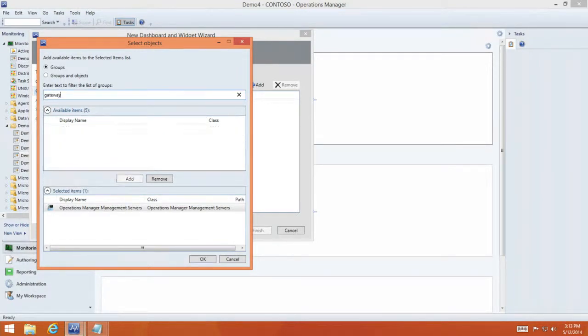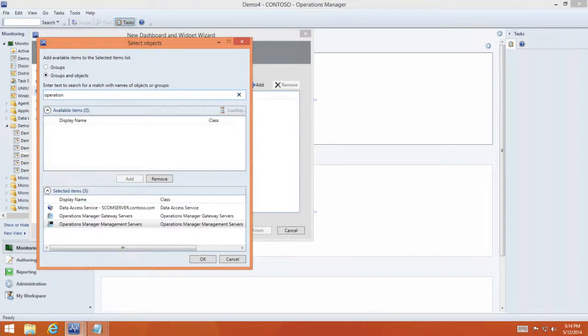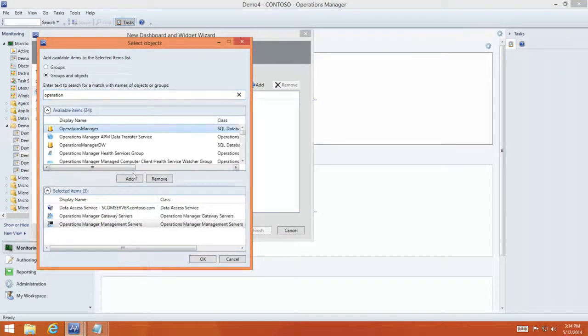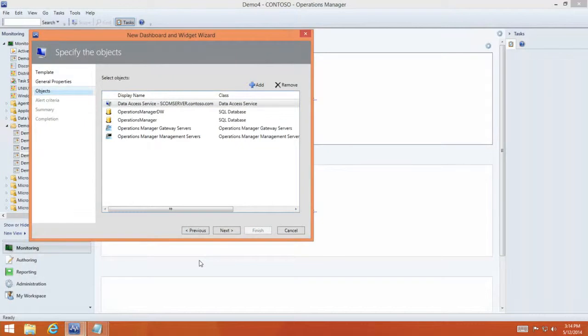Second is the Gateway Servers. Again, clicking Add. And then we'll switch over to a few objects, like the Operations Manager Data Access Service. And finally, the databases. First, Operations Manager and the Data Warehouse. And so I think this gives us a simple picture of our Operations Manager deployment. So clicking OK, we'll add these to the configuration, where we can click Next to move to the Alert Criteria